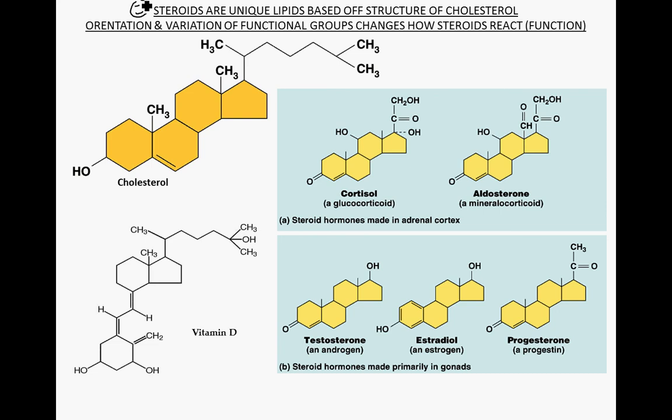So, structure based off cholesterol. So here's cholesterol, and we see this kind of hexagon, hexagon, hexagon, pentagon pattern here, where all steroids have this basic hexagon, hexagon, hexagon, pentagon structure to them. But then the orientation and the variation of the functional groups that are attached to that hexagon, hexagon, hexagon,